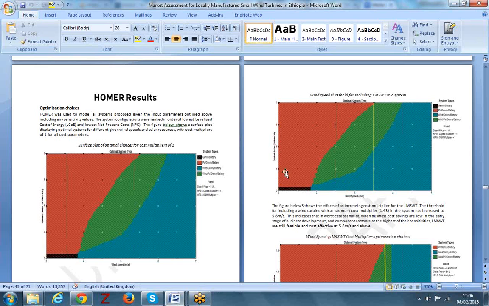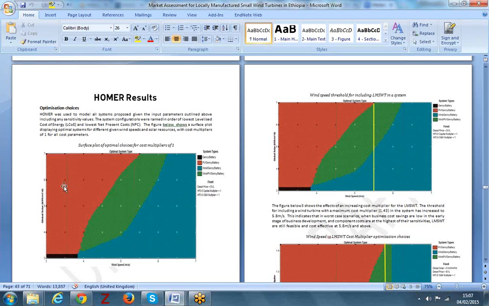So Homer is a great program. You can input many different parameters, and it analyzes lots of different sensitivity values and also optimization results. And when you're doing it on a national scale or a regional scale, the interesting graph that comes out is this one. Over the country, the solar resource will be changing and the wind speed will be changing. So this graph outputs for wind speed along the bottom and for solar along the top, which is the optimal